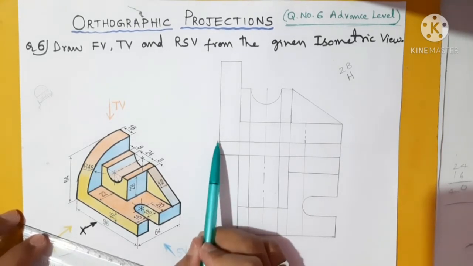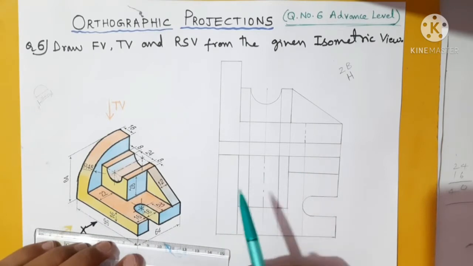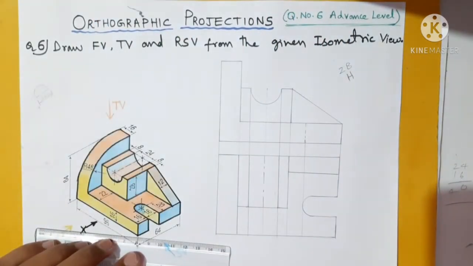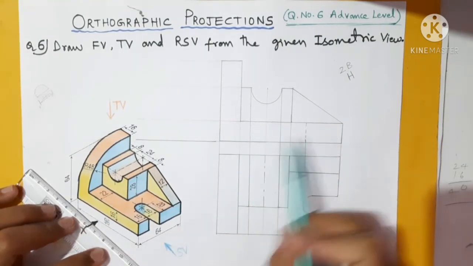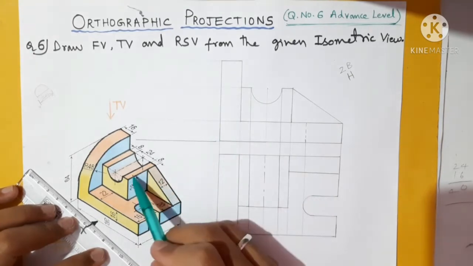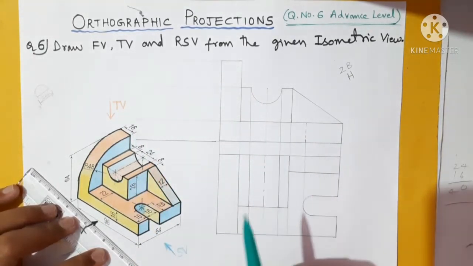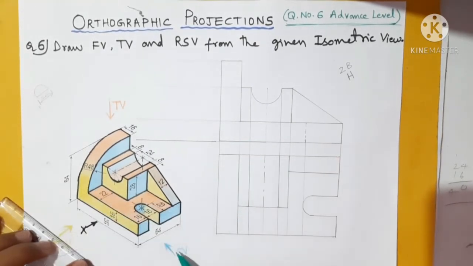So for the side view, here the space will be a little congested. Let us see. Before projections we can't say. After taking projectors from this front view to this side view, I will show you. Here some projectors I have taken: the baseline, the thickness of this base plate, this curvature kind of thing, and just the topmost height. Not all the projectors I have taken at a time, to avoid confusion. So here this is a side view. From here if you are seeing, this is a side view.